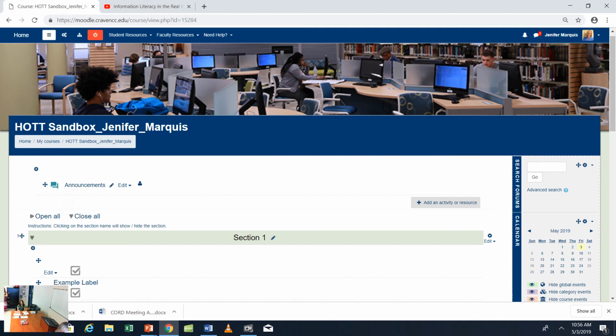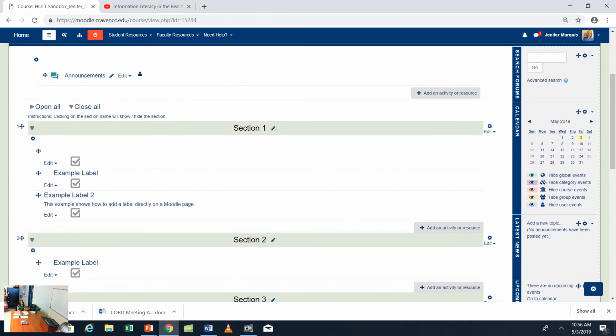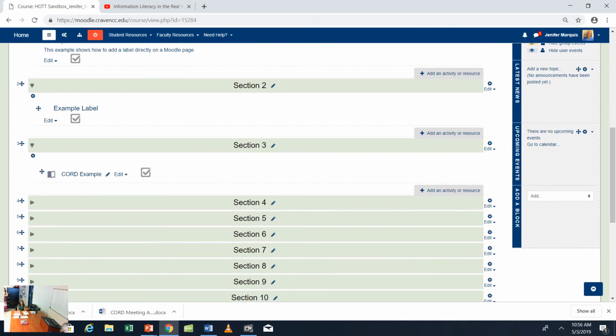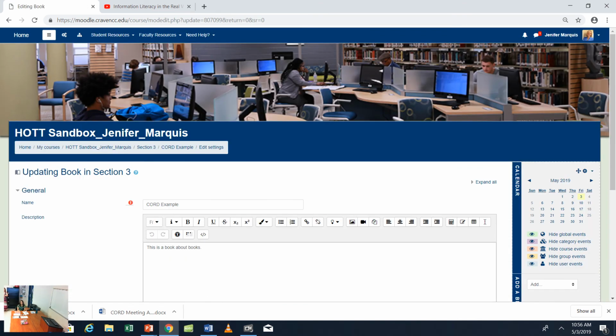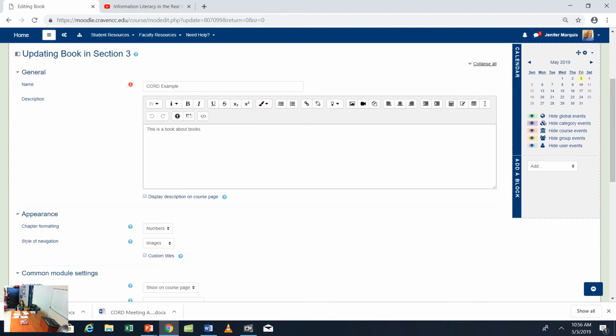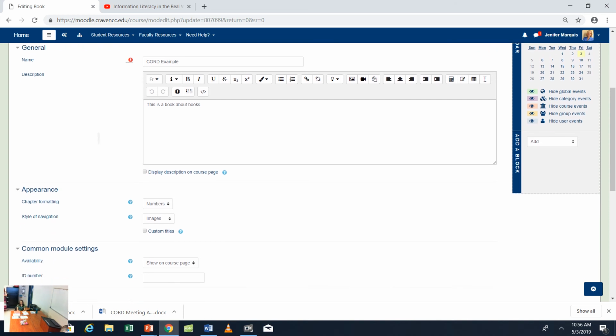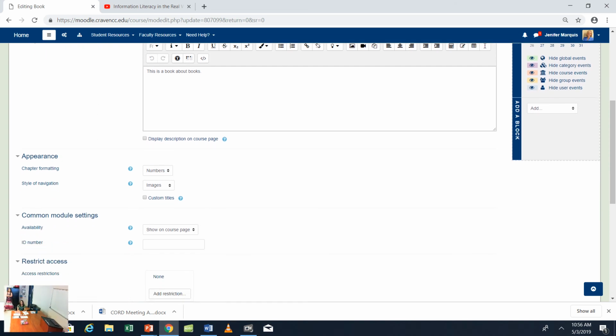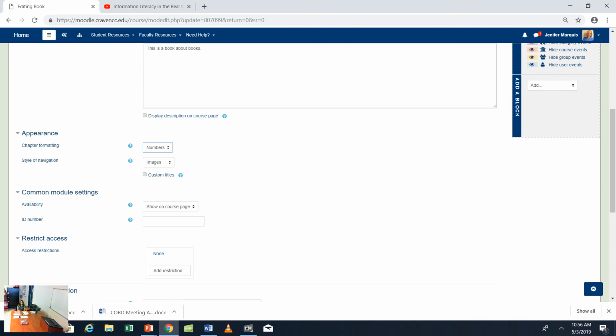There's something, though, I feel like I didn't show you. Let me look at this again, because there's some editing we can do, and we didn't look at that. We can decide if our chapters are formatted with numbers or bullets or indented. How do we want our chapters? Do we want them to be numbered or what?